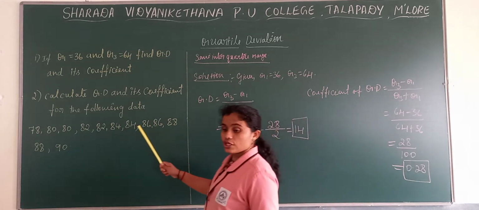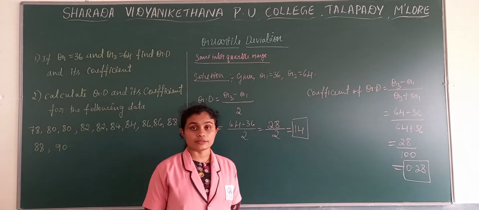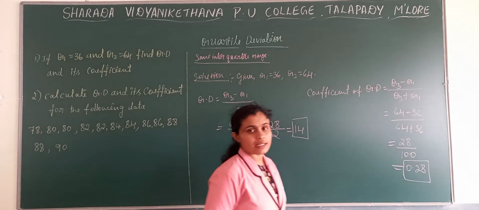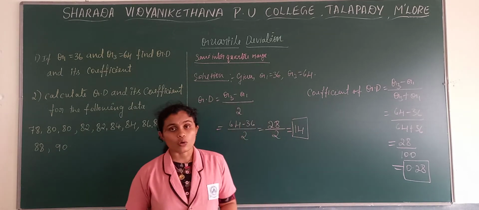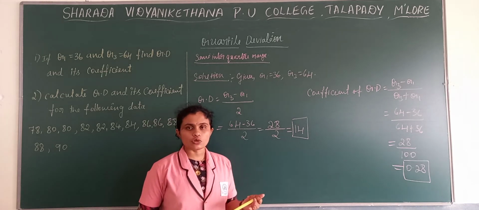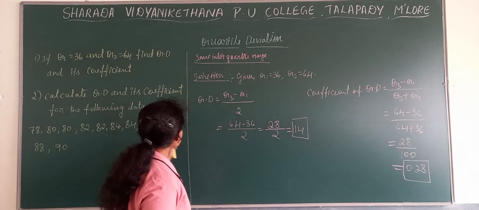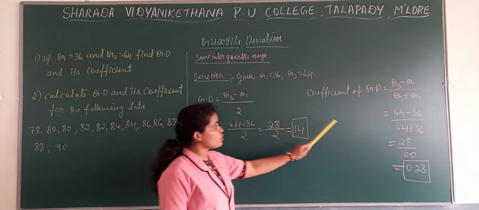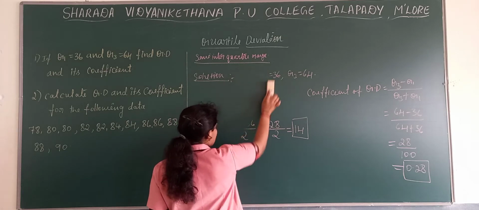But in the case of the coefficient, we have other kinds of problems where the data is ungrouped, discrete and continuous. It's based on the quartiles, not on the quartile deviations. So you have different formulas to find quartiles: if it is ungrouped you have one formula, if it is grouped discrete you have another formula, and for grouped continuous you have other formulas. So when you get Q1 and Q3 directly, you apply the formula and substitute. Next we will see the second problem.